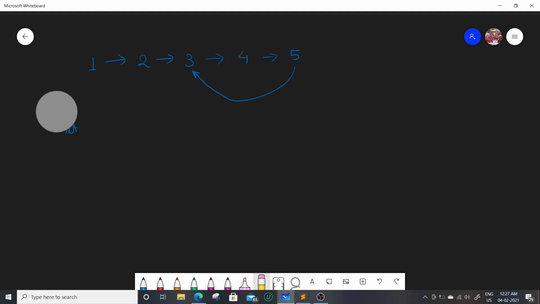See, if we travel from 1, we'll go to 2, then to 3, then to 4, and then to 5, and then come back again to 3, and then this cycle goes on and on. So we just have to determine whether there is any cycle in the linked list or not. There are two methods to solve this. So the first method is